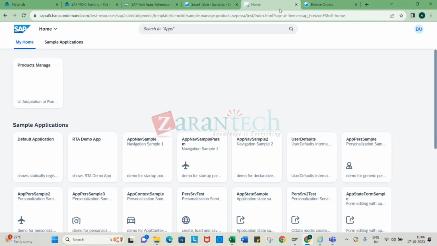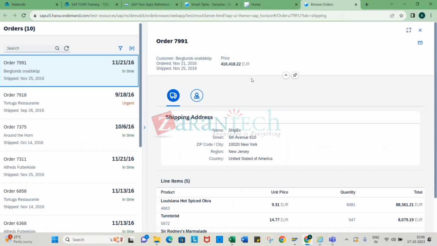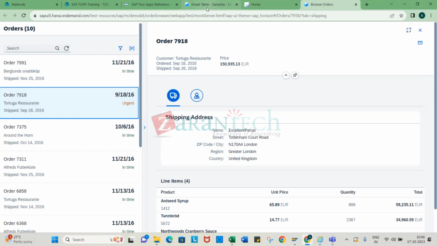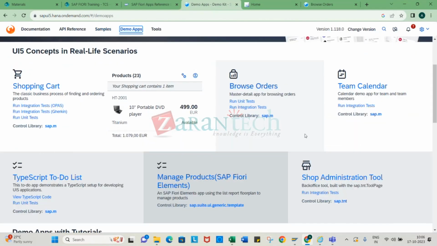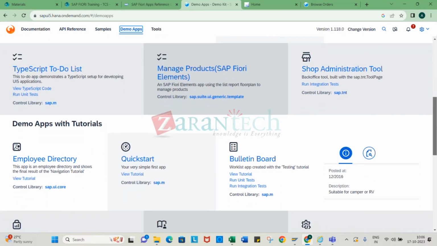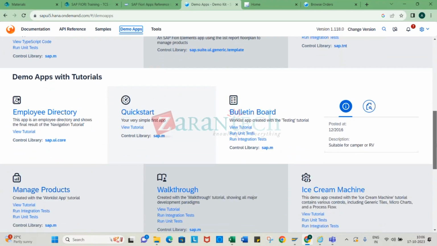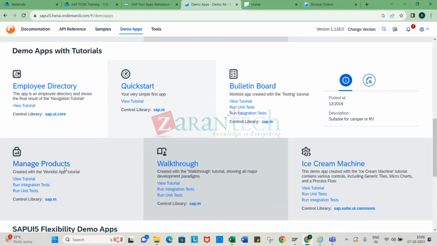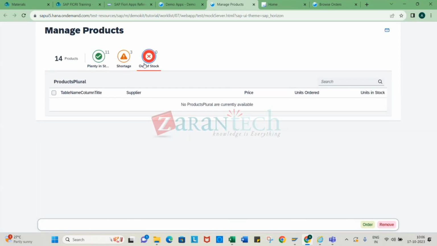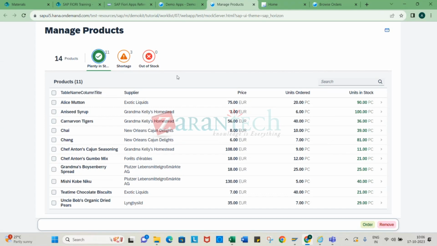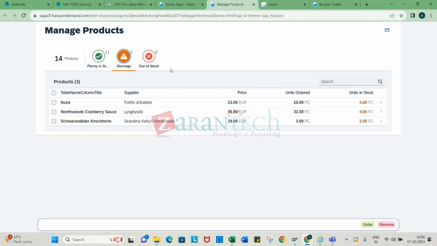But in the case of normal SAP UI5 Fiori, you may not have that pattern. Rather, it can be free style. If you remember, there was one more app I ran yesterday, maybe some kind of employee directory walkthrough, manage products or something. Yeah, remember this one, right? I gave you this example also. This is another Fiori app, but it is purely SAP UI5, basically a free style application built with different